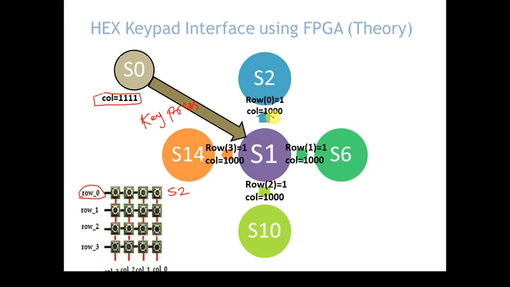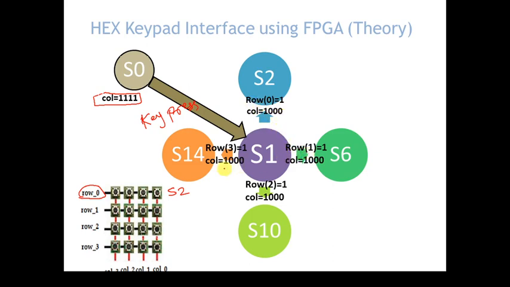So why I am mentioning this statement, this is going to help us in writing a VHDL code. Okay, so we have to assign value. After going into S2 state, we have to assign column value equal to 1 0 0. So initial value of column is all ones, then once key is pressed, and fortunately if row of 0 is 1, we have to assign column value 1 0 0. If row of 0 is not 1, then we have to check for row of 1.